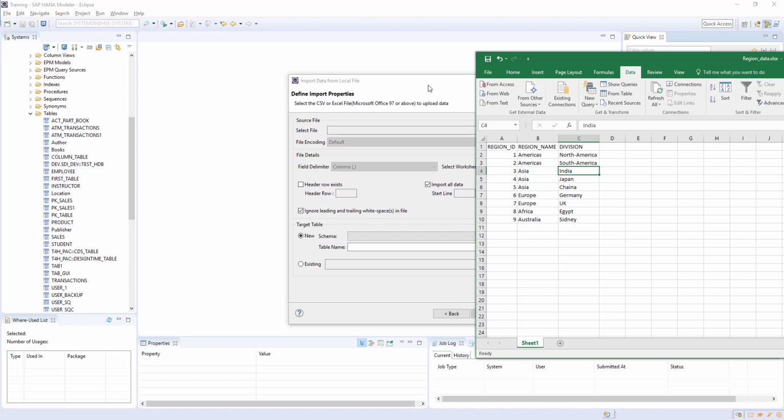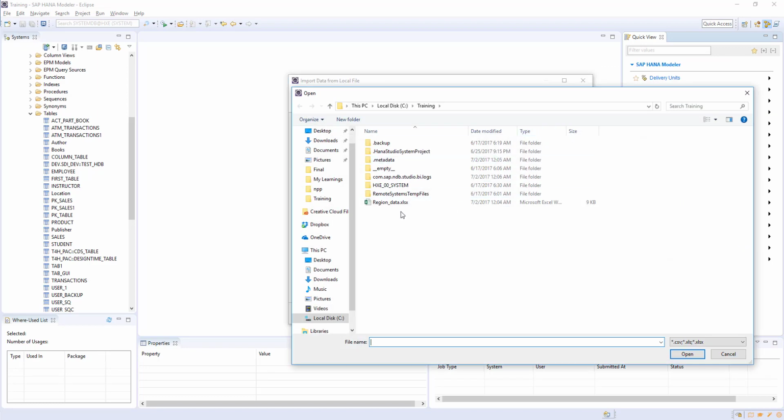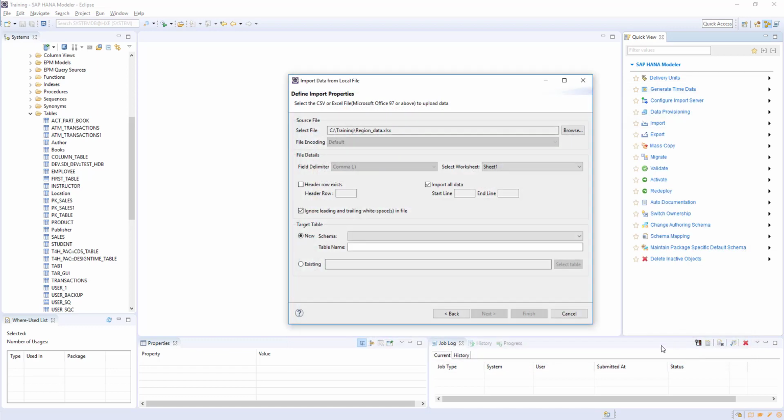Okay. So this is a XLSX file. So you can use XLSX or CSV, any file. Select the browse option, select the file what you want to load. And if it is a XLSX, then it will give option to select the worksheet. In Excel, we may have multiple worksheets. So you need to select worksheet. If it is a CSV, then the worksheet option is going to be frozen out.